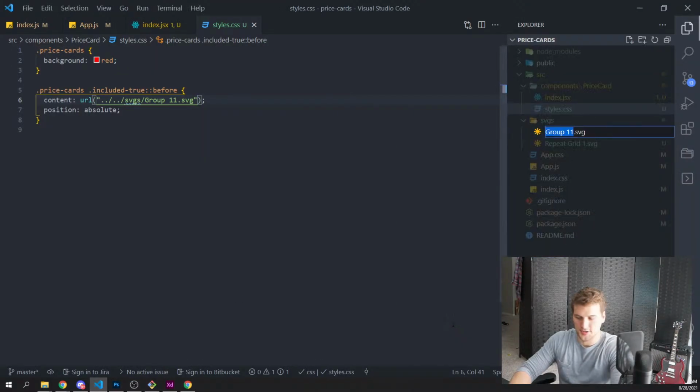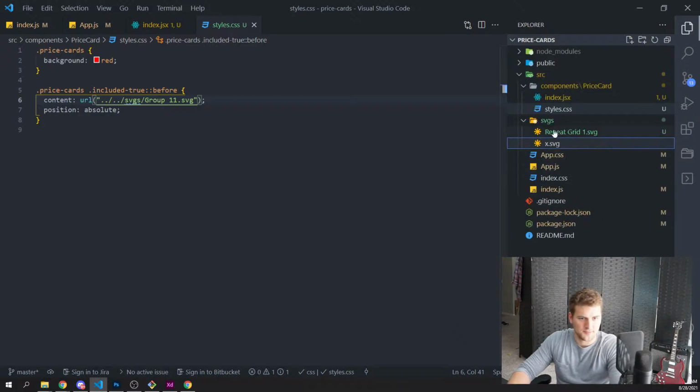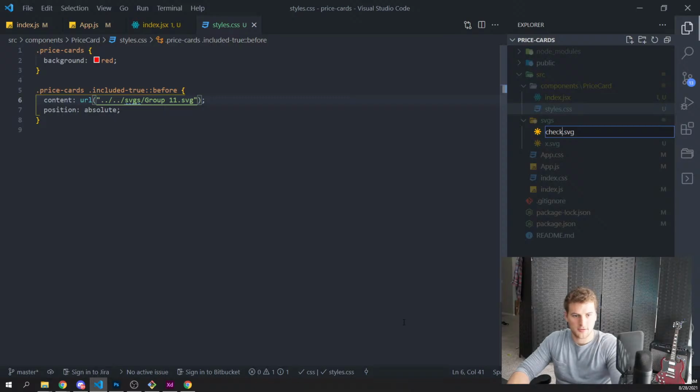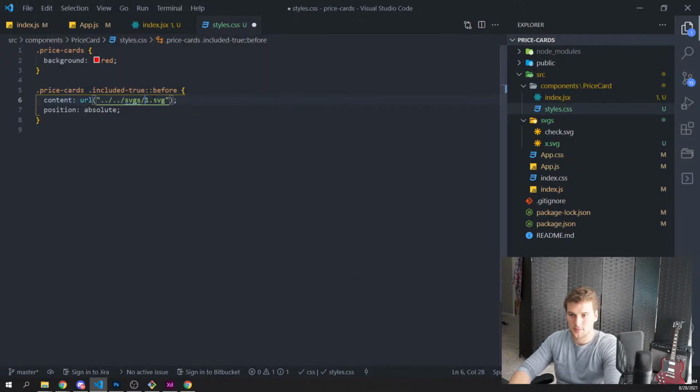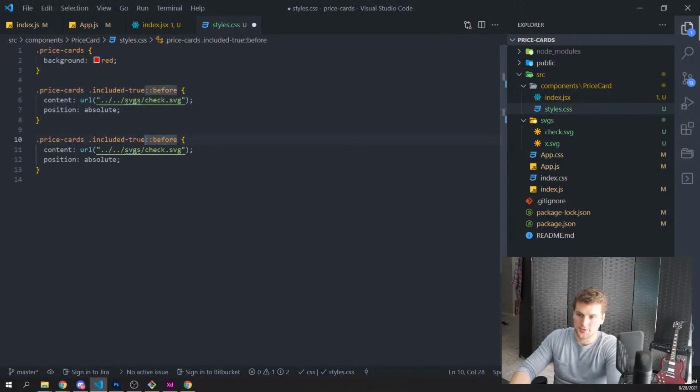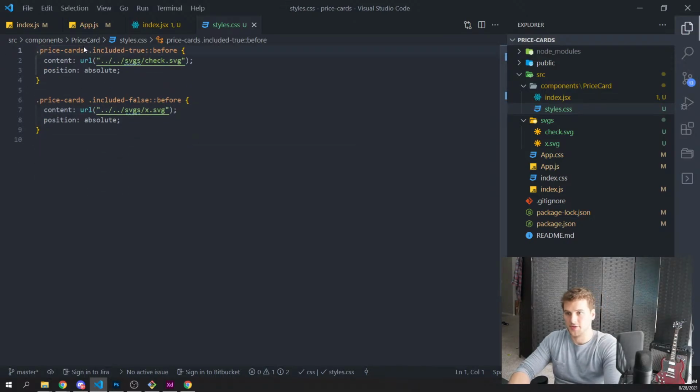So group 11 is X. Should I just say EX? I'll just say X, right? And then this will be check. So X. And then we'll have, but that's true. So this needs to be check. And then we'll basically copy that and put that here. And we'll say false needs to have the X and save. And we'll get rid of that background. But the price card,